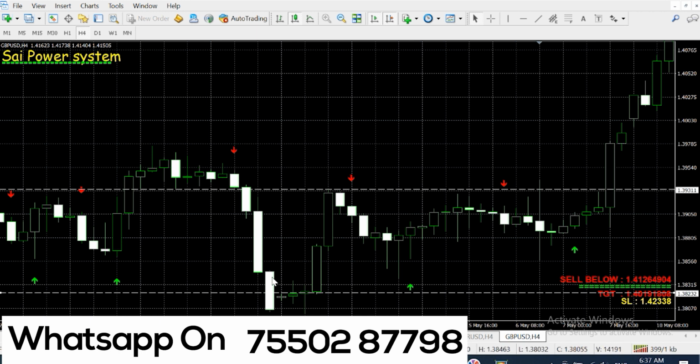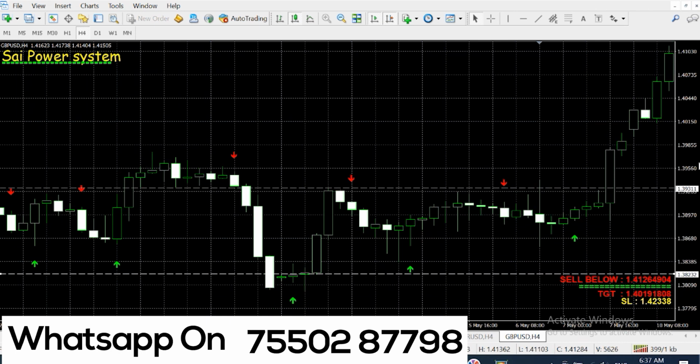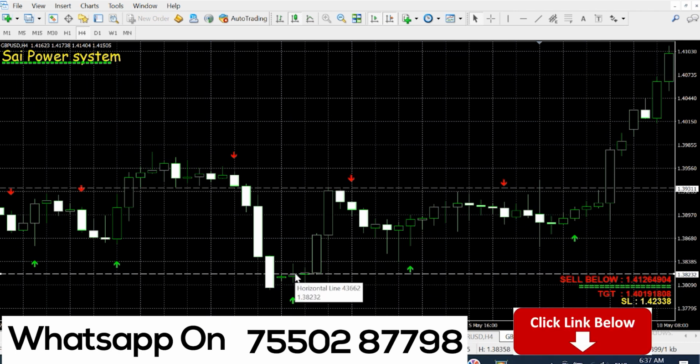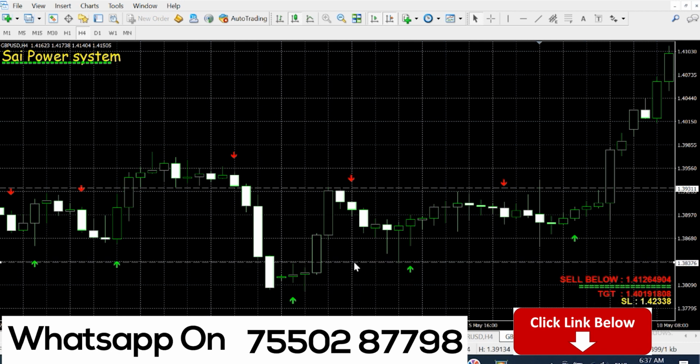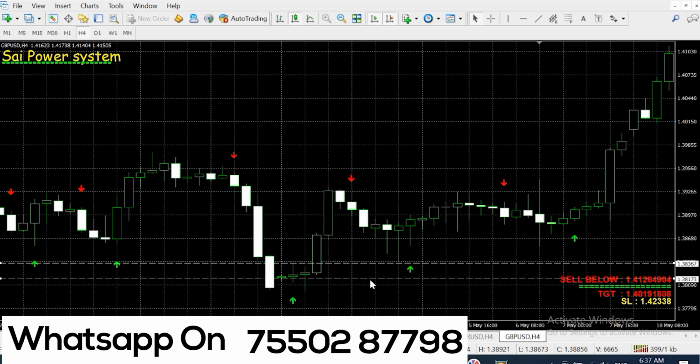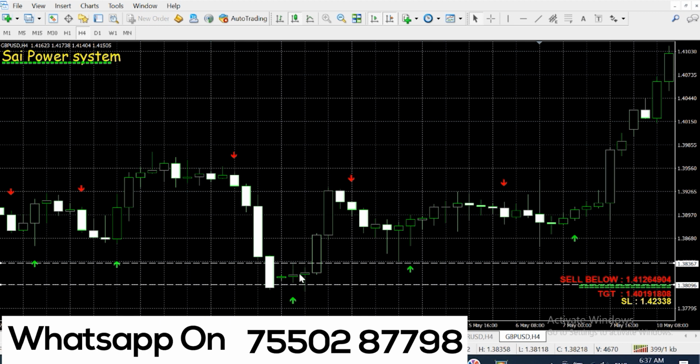So this one part I explained. After this, if you notice, a buy came here. See, there's a buy on this candle. So automatically the pop-up will come: buy above this level, and the stop loss automatically shows below this level. The buy never triggered on the second candle; on the third candle the buy triggered.